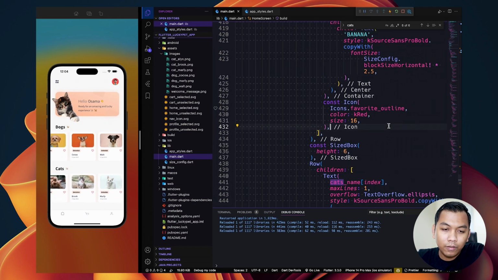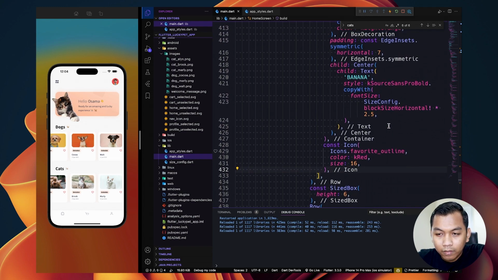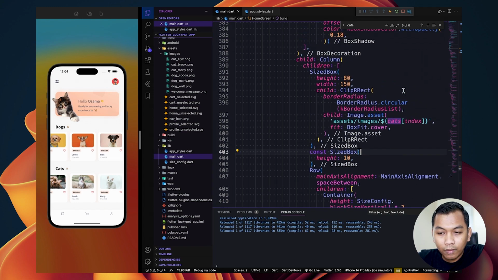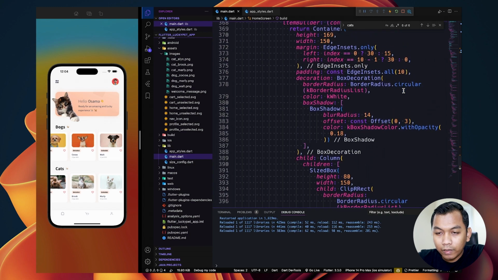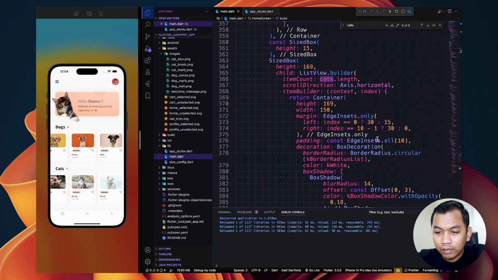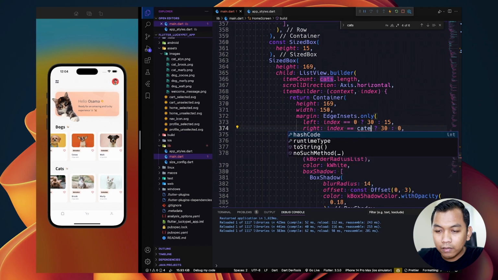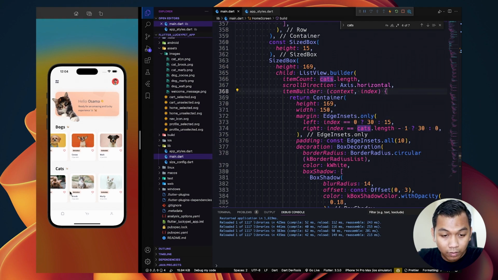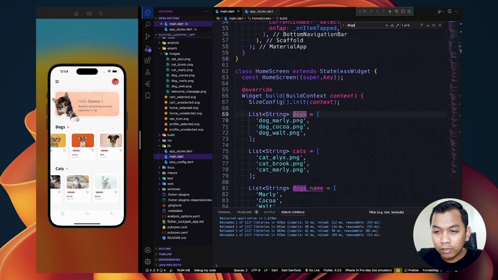Alright, so we have to fix this margin. So what we need to do is inside this right margin we will check using cats.length -1, look like this, and we will have margin here, and do the same for the dogs.